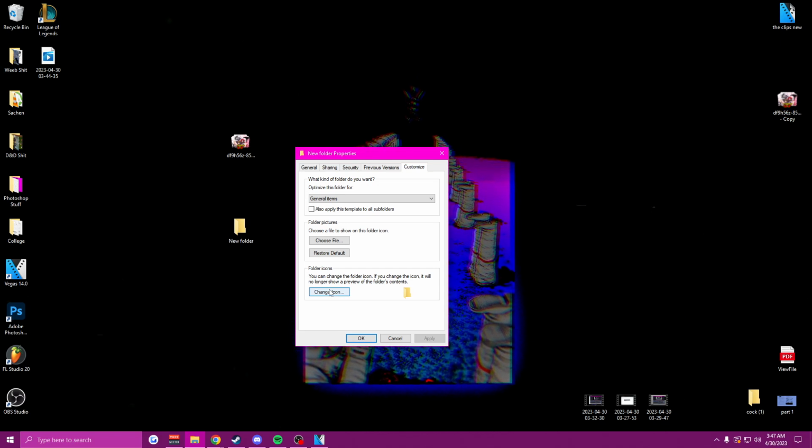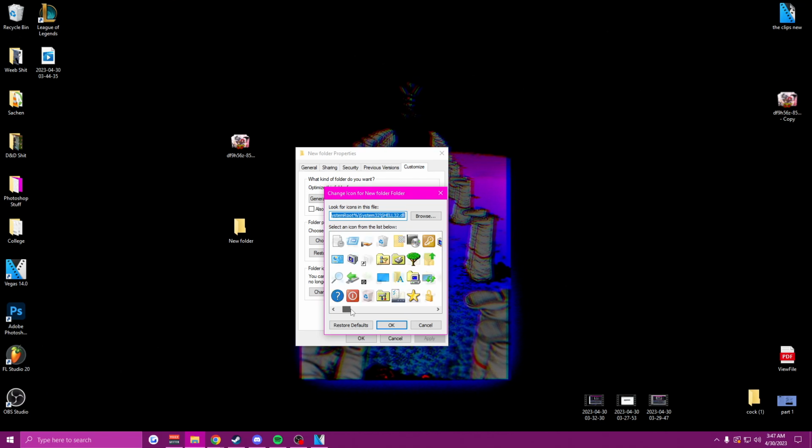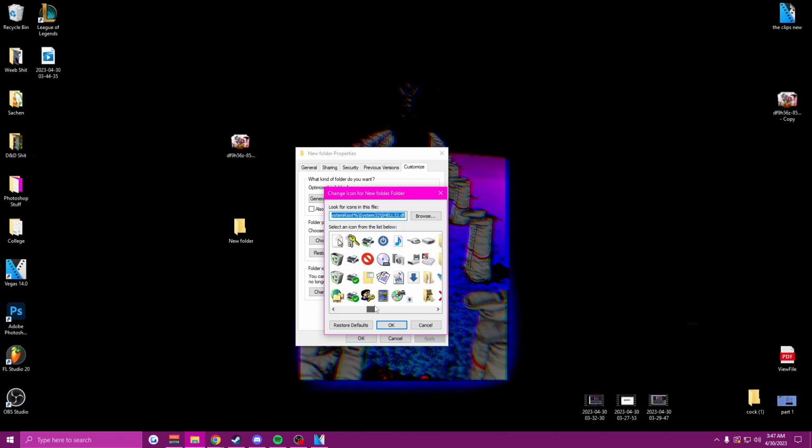And you're going to click on Change Icon. Now, there are already lots of beautiful icons that you can choose from. Personally, I like